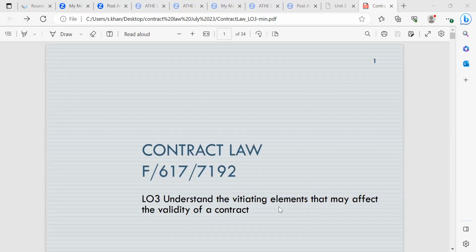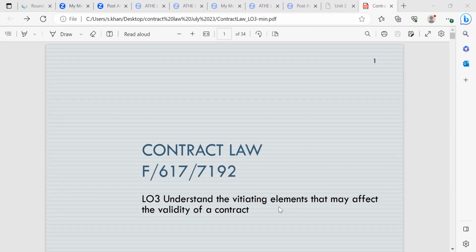Hi everyone, today's session is on contract law and the unit number is F6177192, and today we'll be doing learning outcome 3, which is to understand the vitiating elements that might affect the